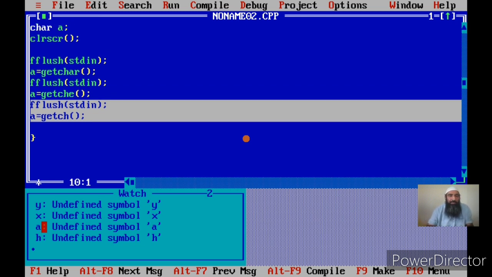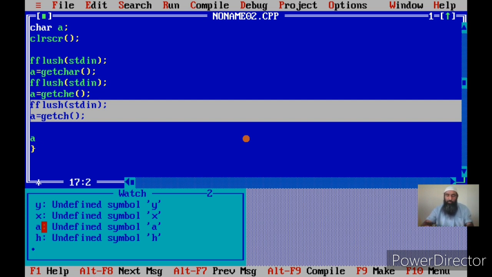That is the difference. The difference lies in whether these functions display the character on the screen or not. We have seen the first two, that is getchar and getche, display it on the screen, but getch does not display it on the screen. And getchar waits for the enter key, but getche and getch don't wait for the enter key. All the three functions are character input functions, and these functions can be used to input a single character from the keyboard and store it in a variable, but that variable should be a character variable. These functions are specialized for character input.